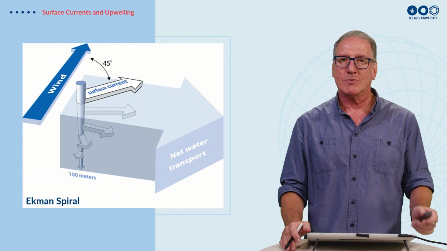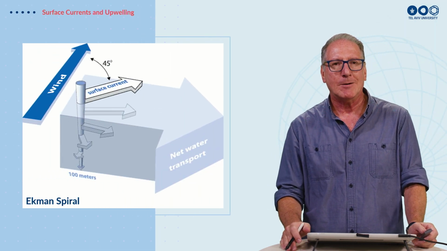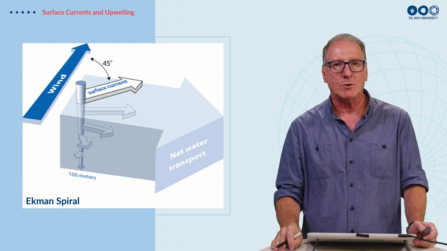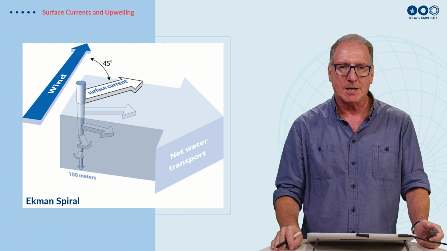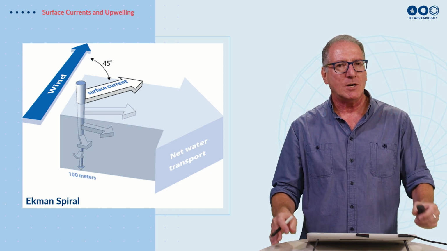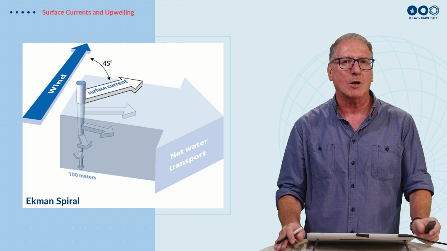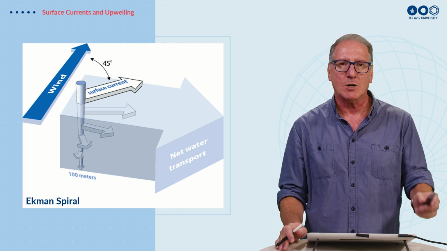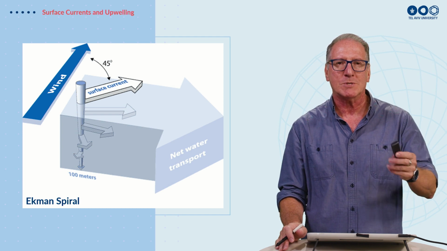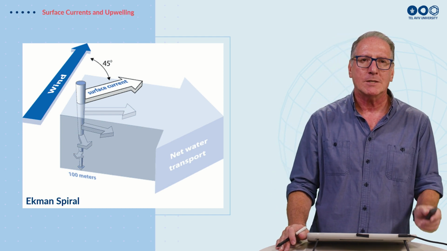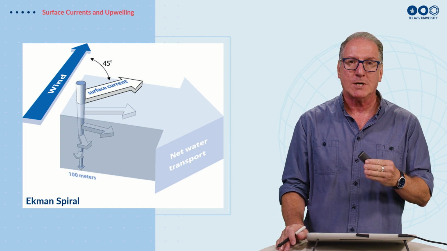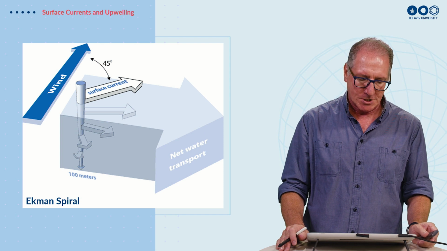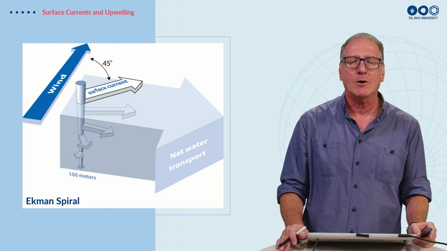Now, when we look at the effect of the wind on the currents, again, the water will start to flow in the same direction as the wind, which is directly above the ocean. But again, we have the Coriolis force. So if we have currents which are going over long distances, the direction of the water current is going to start to change. And again, in the northern hemisphere, in this example, we're going to get the deviation of the water currents at the surface, which are going to start turning to the right of the wind direction. You can see the surface current in the white arrow.